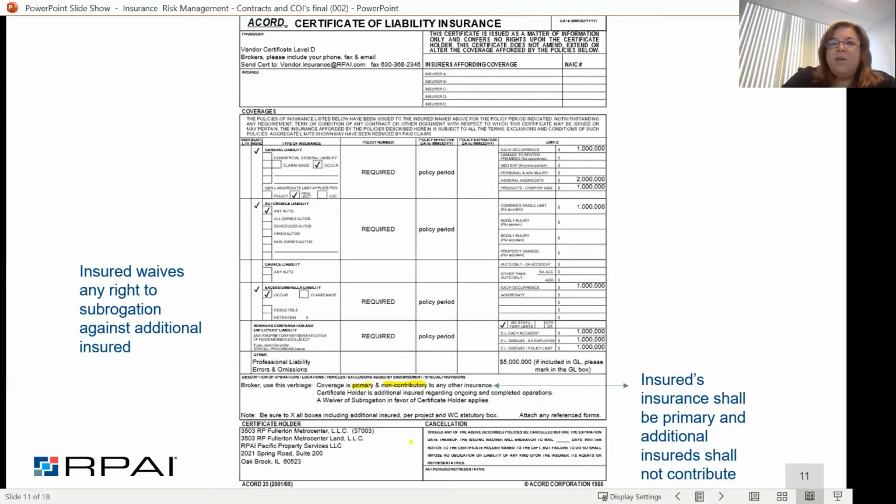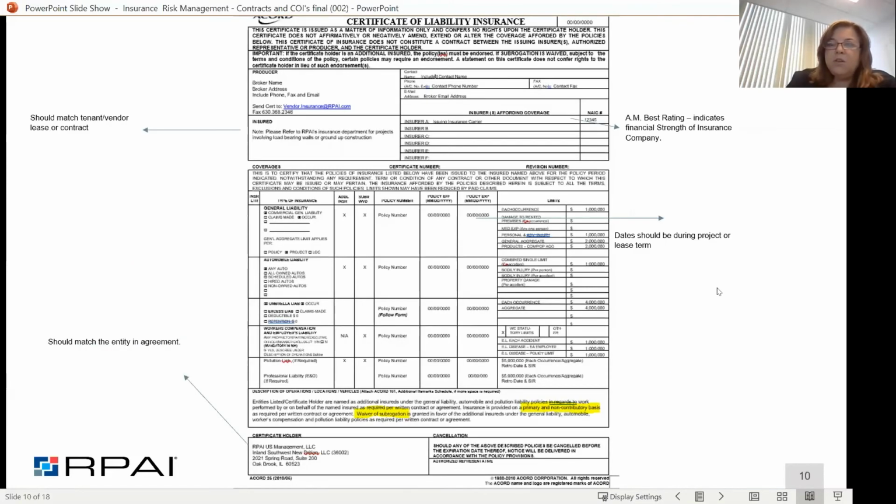Up in the very corner, you'll see where a date can go. That is going to be the date that the certificate of insurance is issued. Sometimes you'll get multiple ones, and sometimes they'll ask for a correction. If you have two certificates of insurance, usually the most recent one will override the older one. And then you have the overall summary of the insurance program.